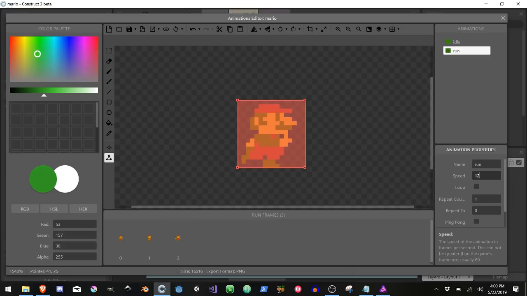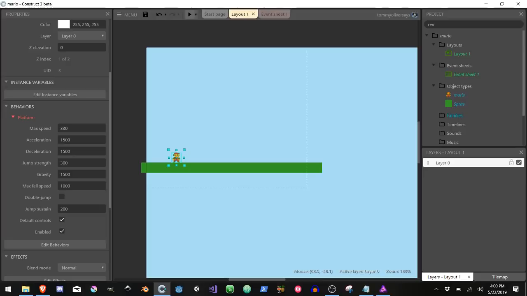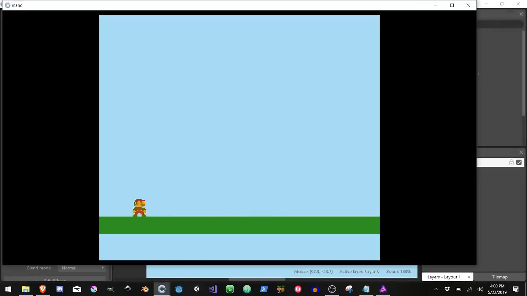You can also say, do you want the animation to repeat over and over again? And we do. We don't want to just go through these 3 frames and then freeze on this one for the rest of the time moving. So we will enable looping. Now you can exit out of that, and if we play the game, nothing happens. And the reason nothing happens is because we haven't told the game what to do with that animation